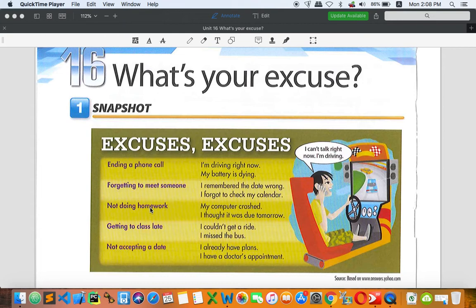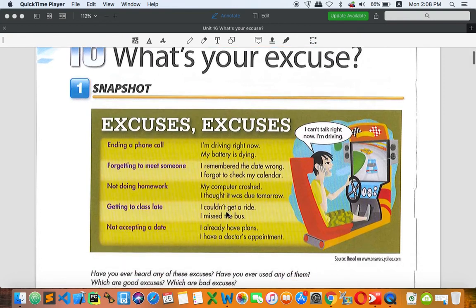Another one, not doing homework. Especially students love to do this with their teachers, and normally they love to say, oh, sorry teacher, my computer crashed, or I thought it was due tomorrow, the deadline is tomorrow, not today. Just an example, things like that. And another one is getting to class late, which is also a good excuse from some kind of student. I couldn't get it right. And I missed the bus. So these are reasons or excuses that they love to give to their teachers whenever they get to class